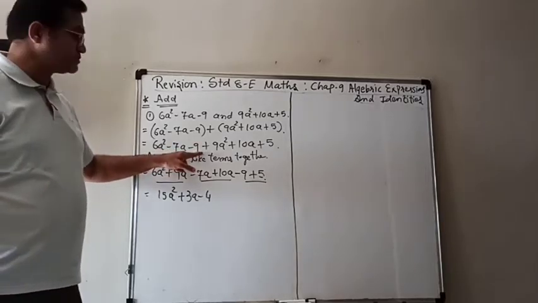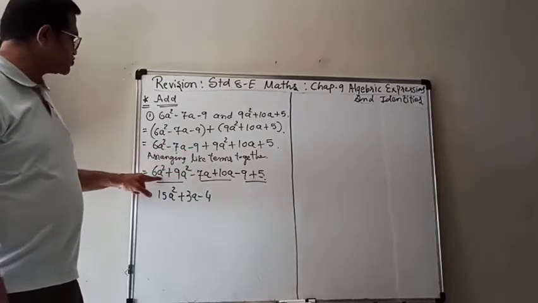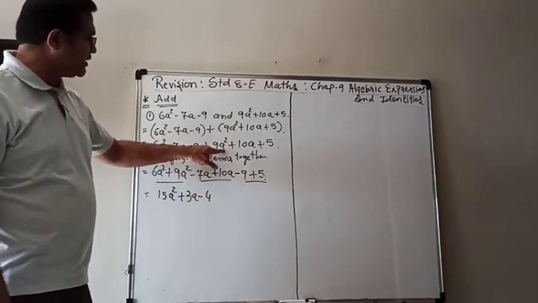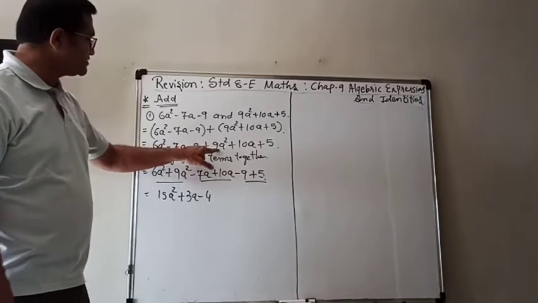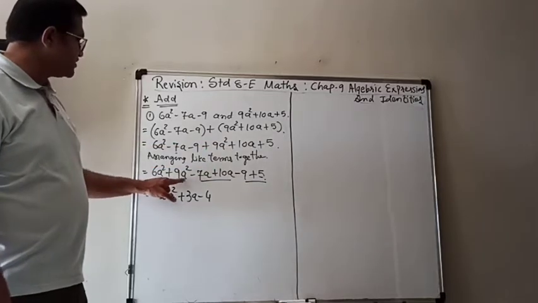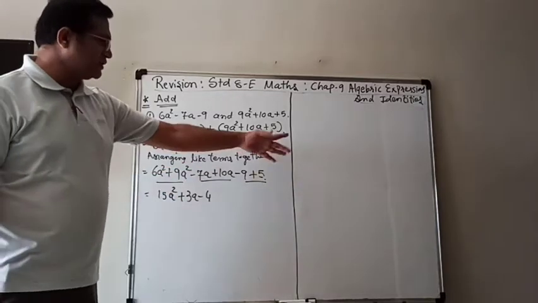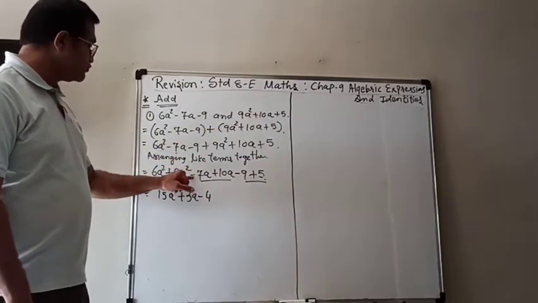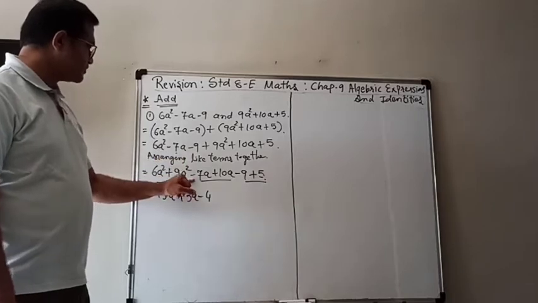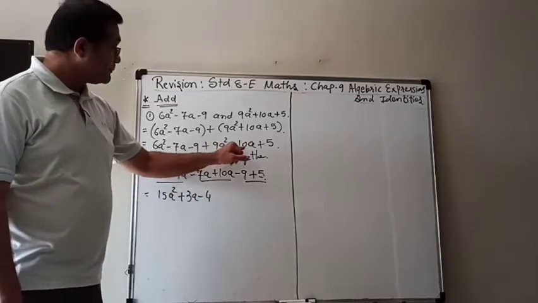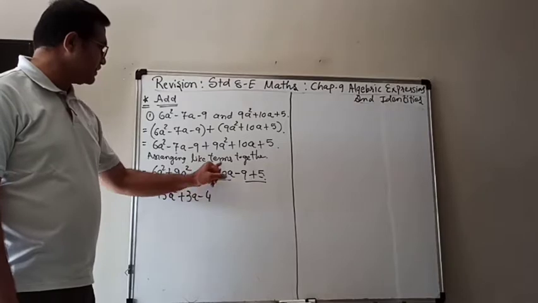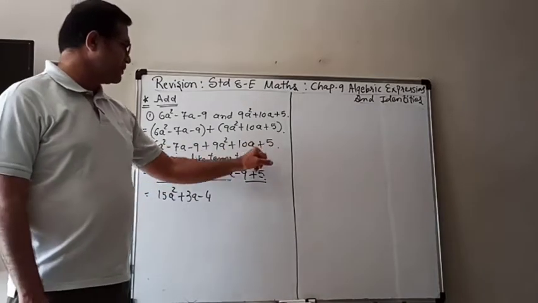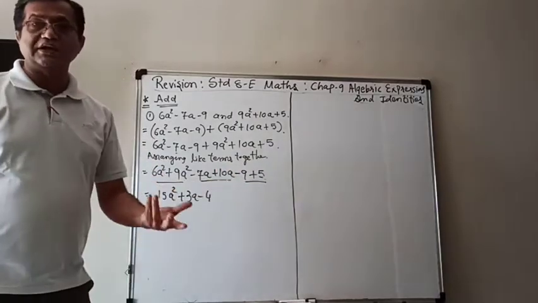Means constant terms. So first I write down 6a square. Now from this, which is another family member here? 9a square, but plus 9a square. So I write down plus 9a square. Nothing else there, so we finish. Then the second term is minus 7a. With sign we have to keep it. Then his family, plus 10a. So minus 7a plus 10a. And then last, minus 9 and his family, without any variable, constant.